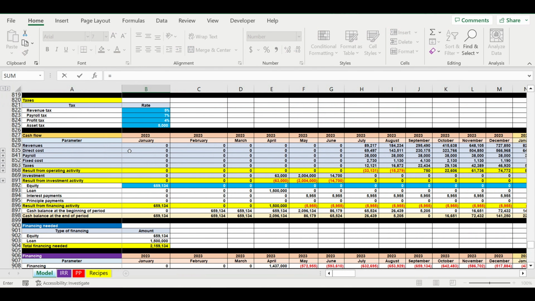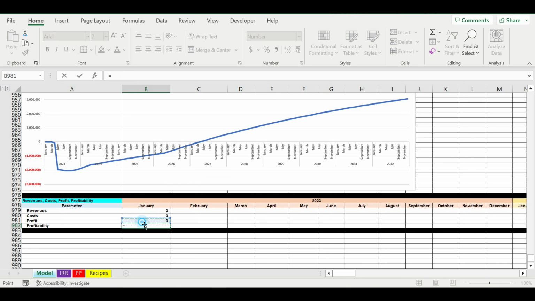Now we're pressing enter. Then profit will be revenues minus costs. Then profitability will be profit divided by revenues,